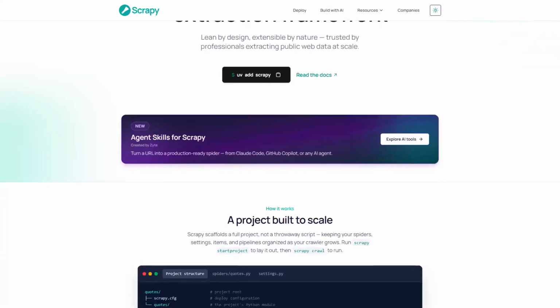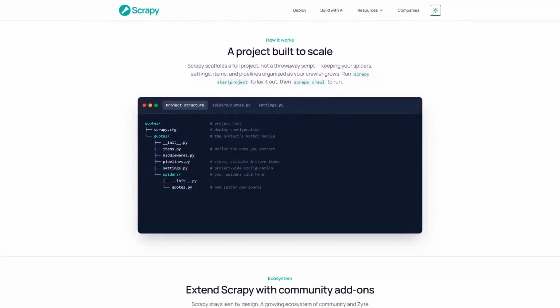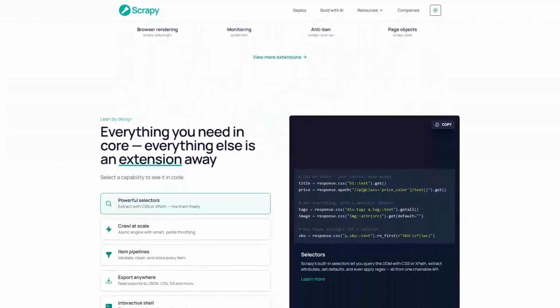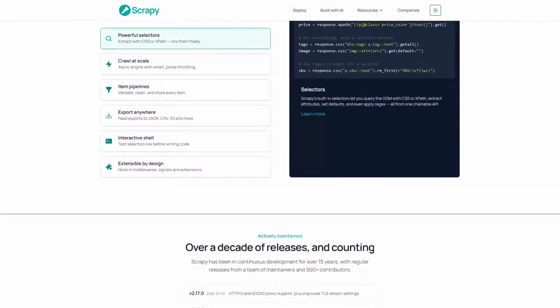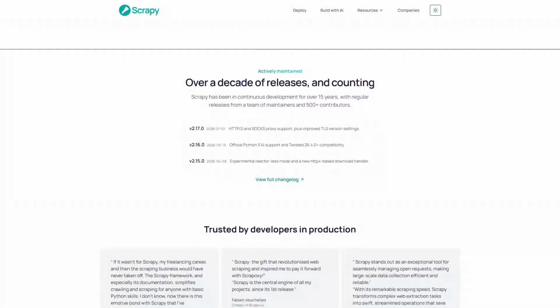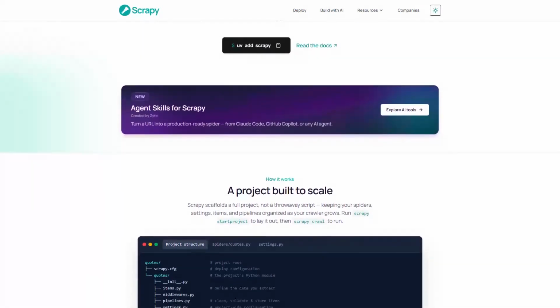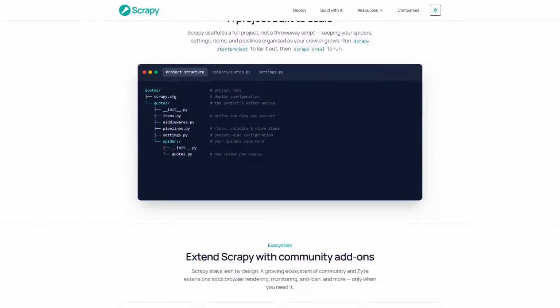The parse method is where you write CSS selectors or XPath expressions to pinpoint the exact HTML elements containing the product name, price, and other details you want to extract. For a price, you might use something like response.css('span.productPrice::text').get() to grab the text content of a span with